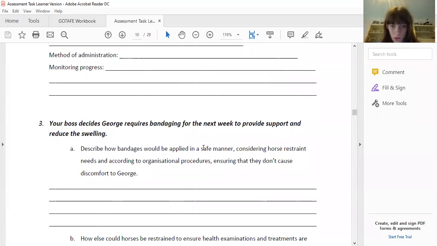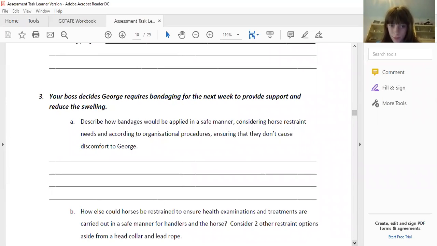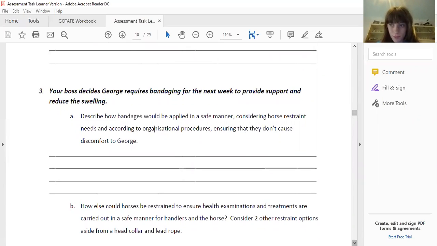So describe how bandages would be applied in a safe manner. So thinking about keeping yourself safe around the horse while you're popping bandages on. Considering horse restraint needs. So how do you contain him or restrain him while you're popping a bandage on? And then ensuring that they don't cause any discomfort to George. So, how tight does it need to be or how loose does it need to be? How do you go about keeping him calm and comfortable whilst you're applying the bandage? Do you need someone to help you? So just consider those